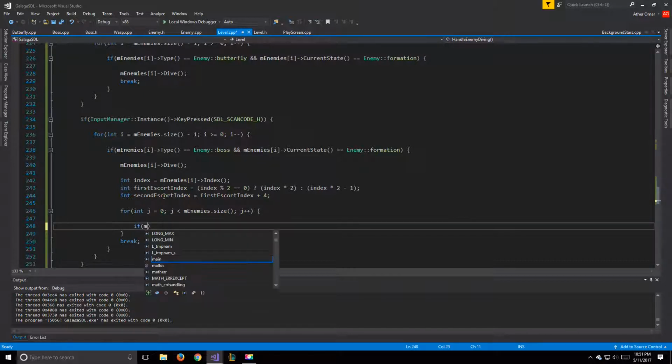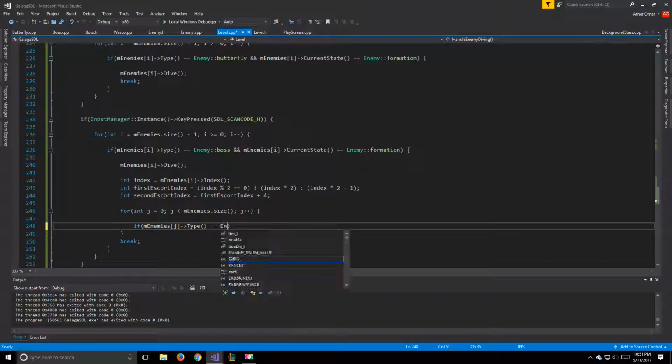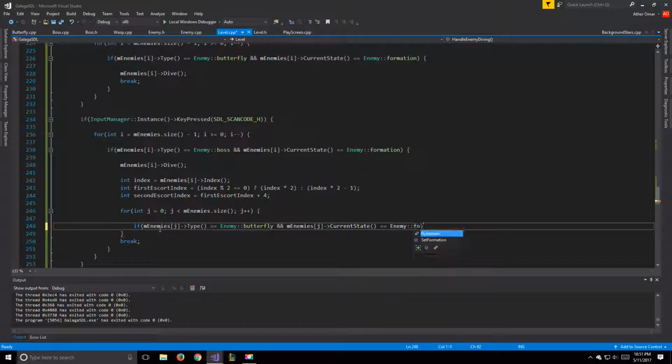So we can say if m enemies at j type is enemy butterfly. So if the current enemy is a butterfly, and m enemies at j current state is equal to enemy formation. So if it's currently in the formation state,